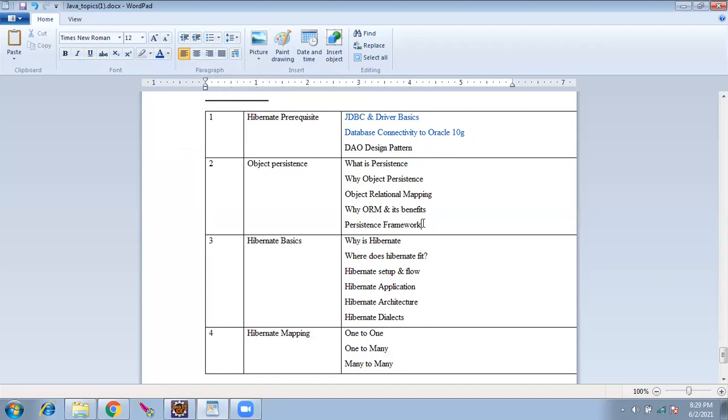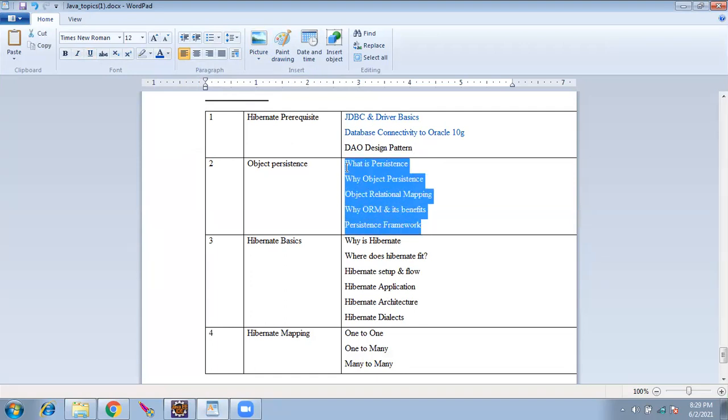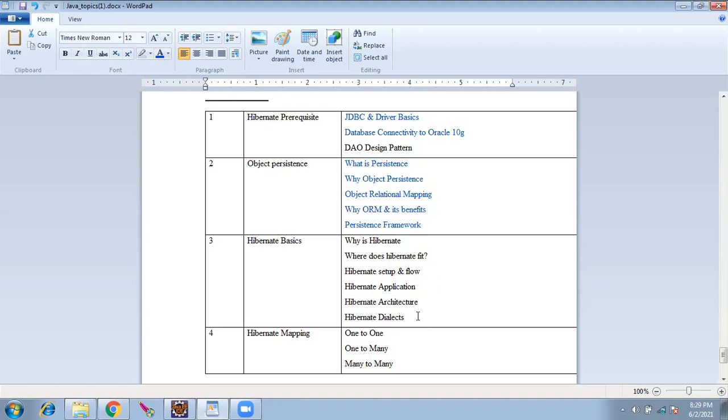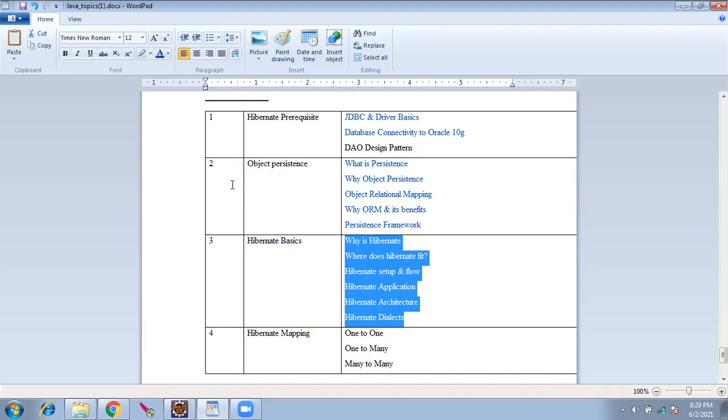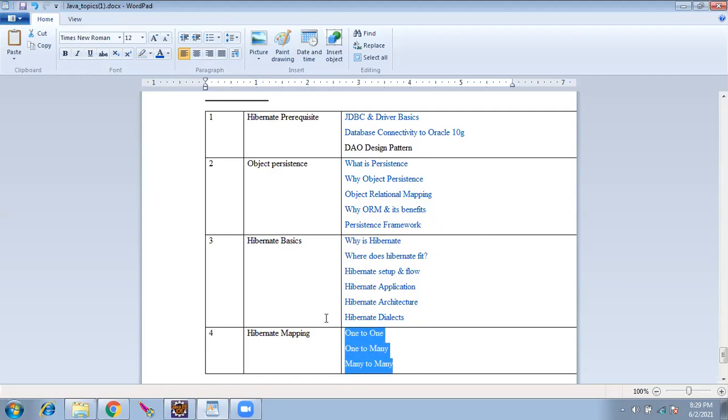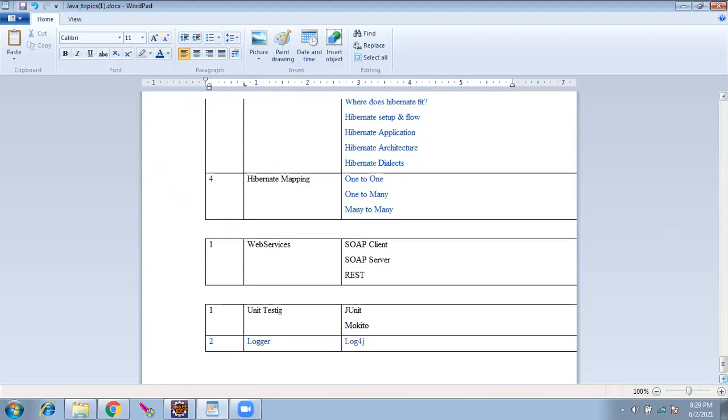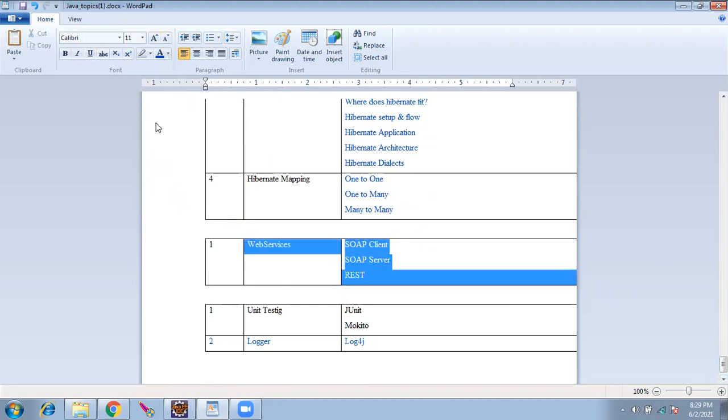On Hibernate, I gave enough data: architecture, dialect. Mapping one to one, one to many, and many to one is done. One to one is very simple. If you know one to many and many to one, you can use it, and one to one will be rarely used.